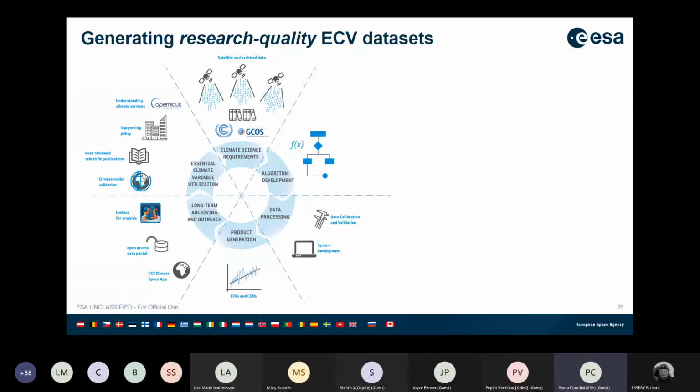CCI are research quality. They are born of climate science requirements in a cycle that goes through the development of the algorithms, the data processing, generating the products, and then we get the feedback from the users. The data are archived and disseminated, they're used, and the users give feedback to update the requirements. And we go around in a cycle like that, and then when things are mature enough, they can be operationalized